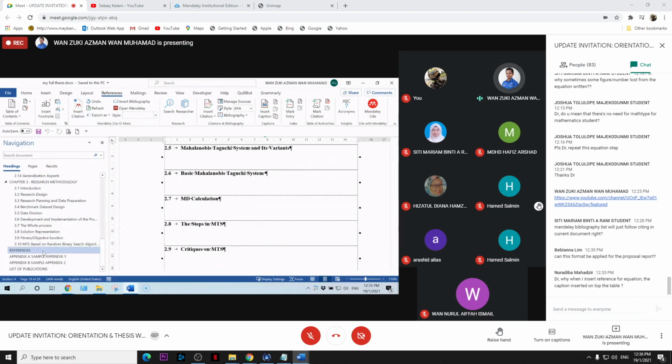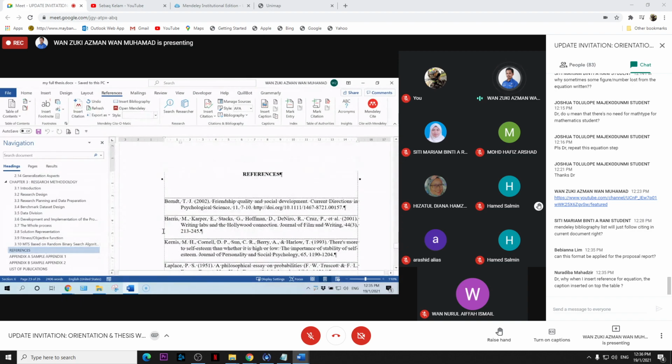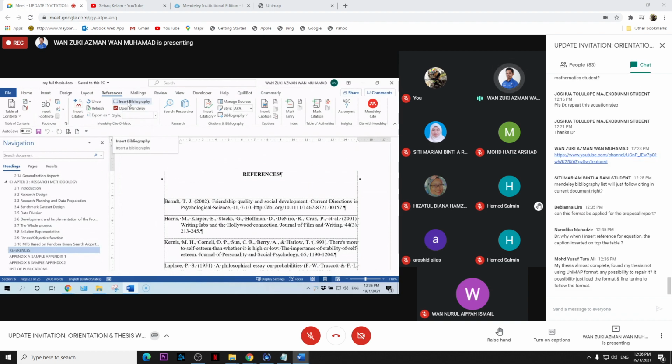So go to the references and then you just insert bibliography here. So Mendeley will list all the references that you cite in your document. So no need to create the bibliography in the separate chapter. Okay, no need. So you just create the bibliography in the final thesis.